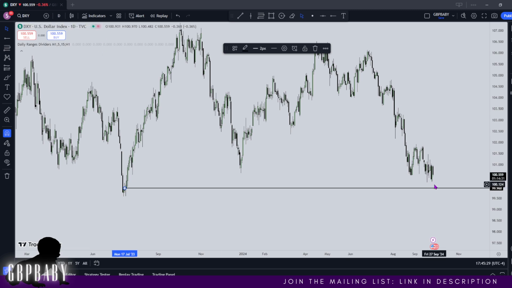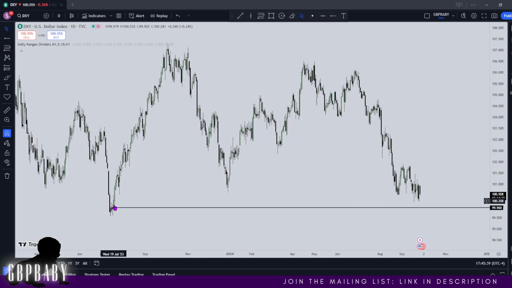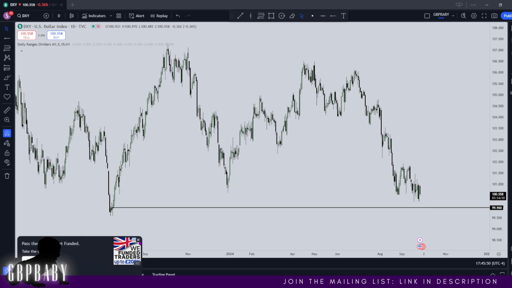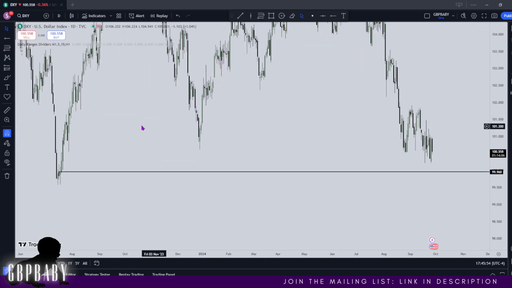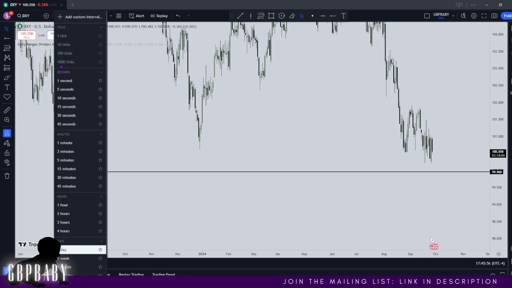Now, I am aware that we do have high impact news, so it'd be nice if we were to trade into that on the back of it and then see some kind of reversal, because if we get a reversal at this level in this deep discount, look at the current trading range, low to high, then it'll be pretty easy to get in on the longs and start thinking about premium PD arrays moving into the rest of the year, so to speak, because of the time of year that we're in. But before I get down into that, I do want to talk more on the weekly,